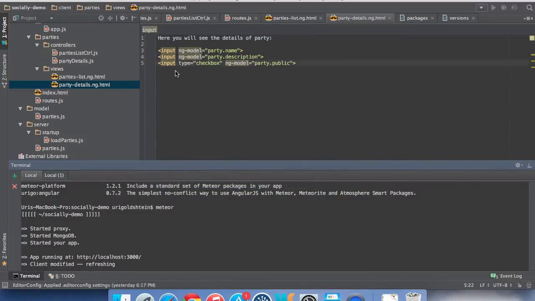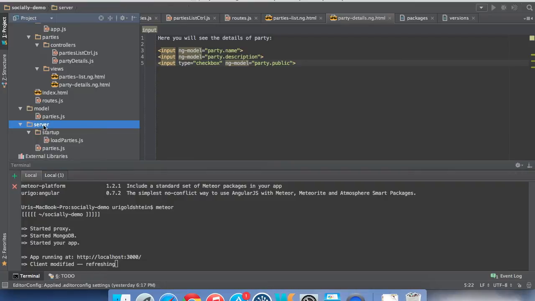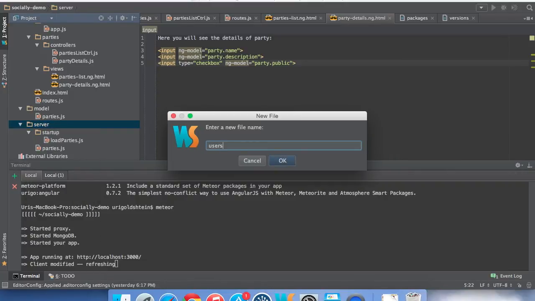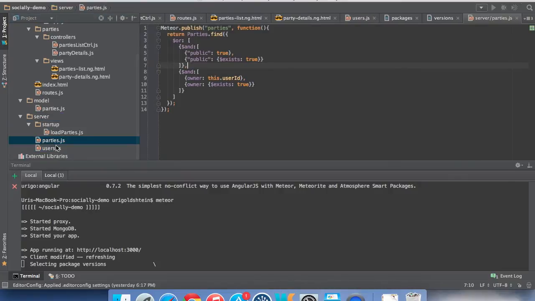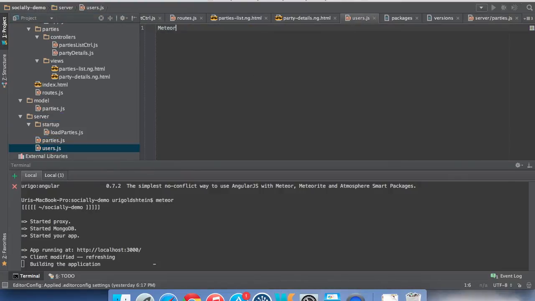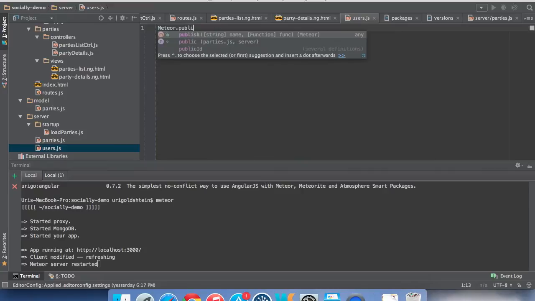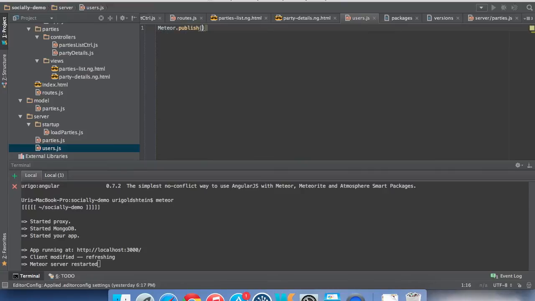So let's go again into our server. Let's add a file called users. And we're basically going to do the same. We're going to do Meteor publish, and the name of the publish method will be users, and the cursor will look like that. So we're going to return